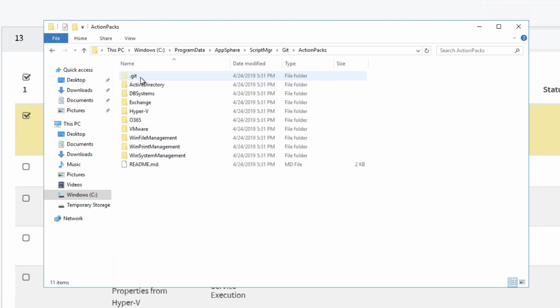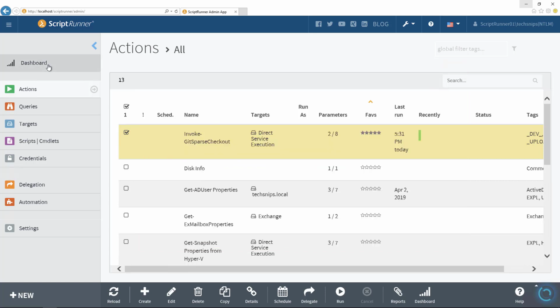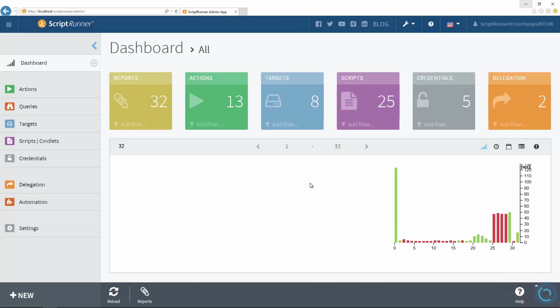So notice that we have cloned that Git repo there by running the script, and we didn't actually even need to know anything about the script because the interface is all via the web interface with ScriptRunner. All right, go ahead and close that, and I'll go to the dashboard, and I'll show you the runtime. I'll show you some of the reports that come up.